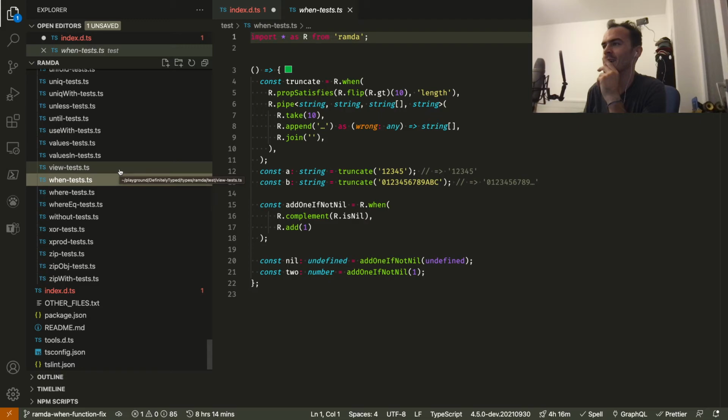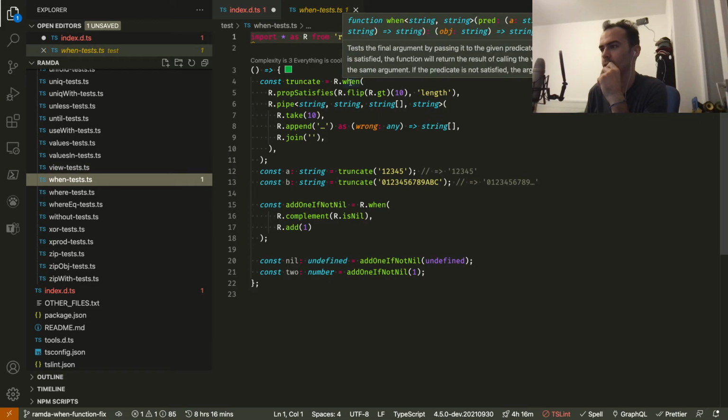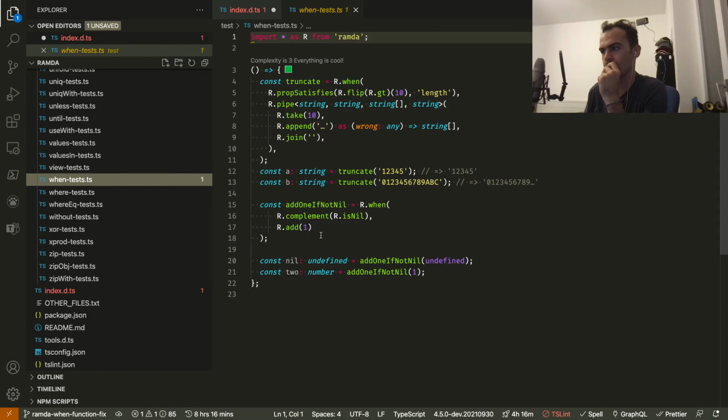Free overloads. Add one if not nil. Yeah, this is tough because you need complex functional examples to test these groupings.